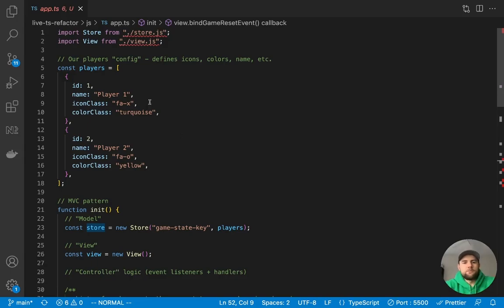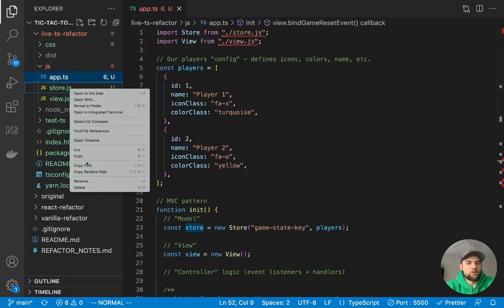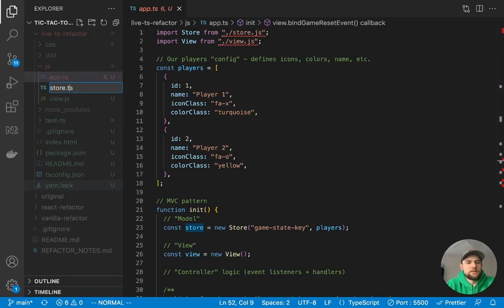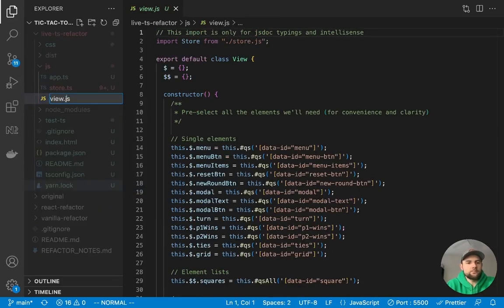Now, there are some strategies that you can use to migrate a JS project to TypeScript, but in our case, things are small enough that the best strategy here is to just rename all of these to TS so that we're dealing with TypeScript across the board.